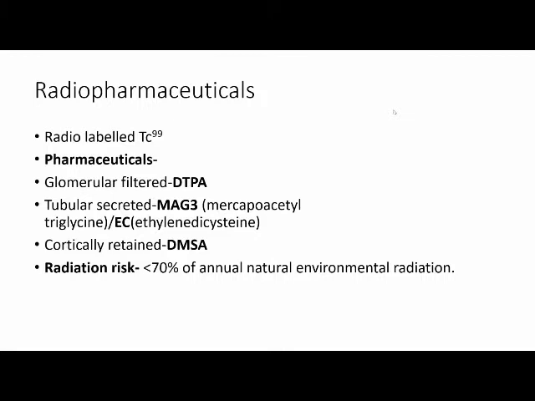All these are pharmaceuticals which are specific to the kidney or to the collecting system. To assess the function or the obstructive pattern, we tag them with a radionuclide so that it will show up in the gamma camera or SPECT-CT imaging. The radionuclide which we use to tag in a pediatric urology patient is technetium-99. So you label DTPA or MAG3 or EC or DMSA with technetium-99, and you look for the excretion pattern or uptake pattern, and you take that image using a gamma camera or a SPECT-CT.